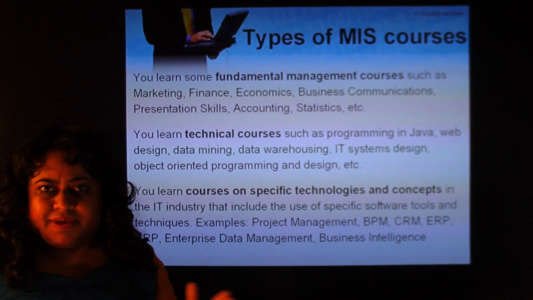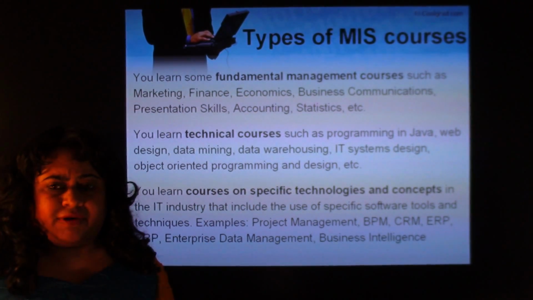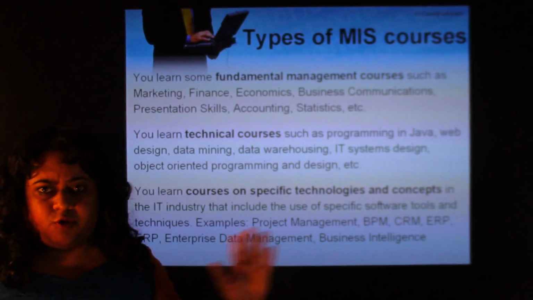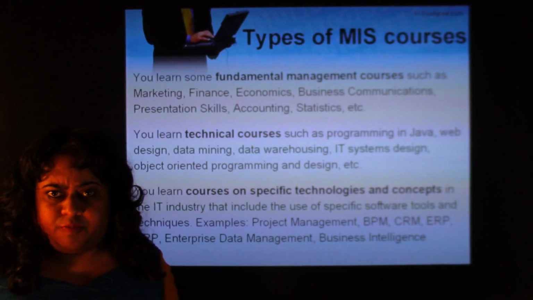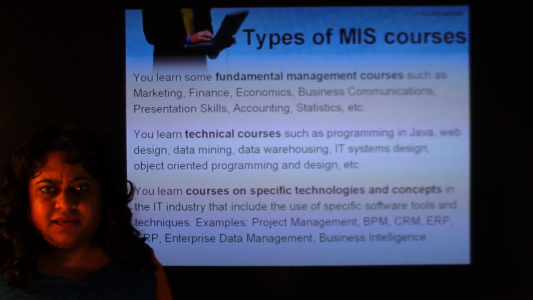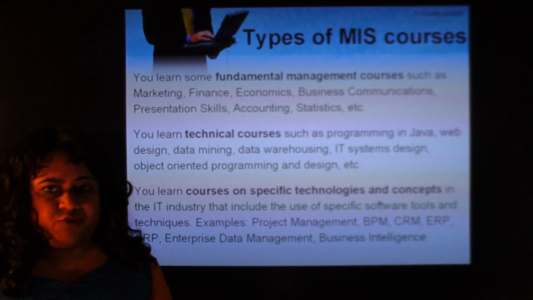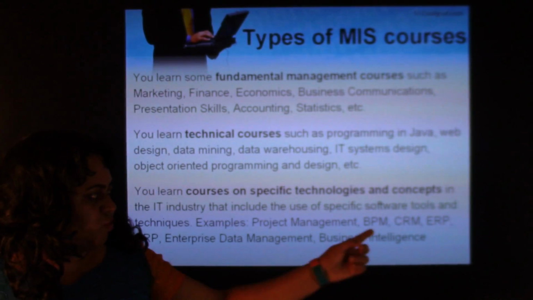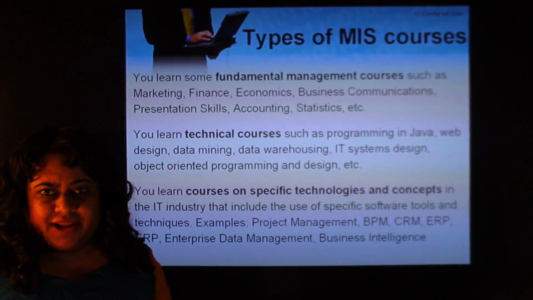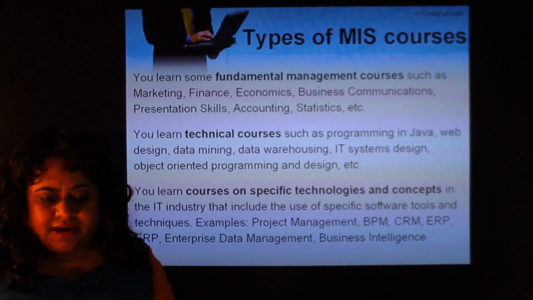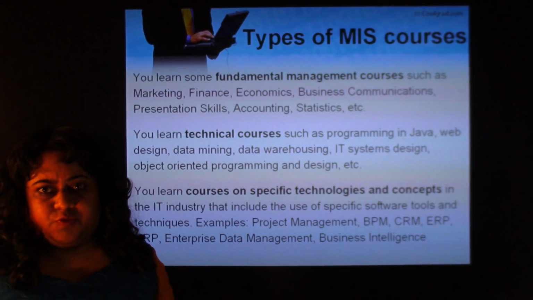So if you do an MS in computer science, you'll only be learning more about programming and compiler design and research and artificial intelligence and a whole lot of other courses. You can watch my video about Masters in Computer Science and what it entails. They don't really tell you what tools and software are used in the industry. They don't teach you how to make Gantt charts. They don't teach you what CRM software exists and how it works. They don't tell you about how business intelligence projects and technology works, how these tools work.